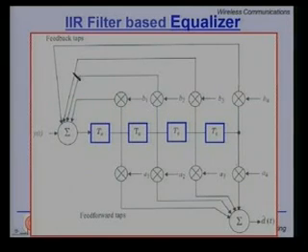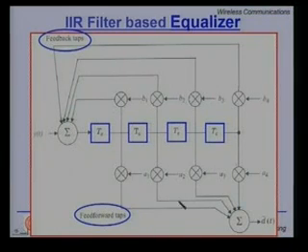Even though there is a feedback, please note there is absolutely no feedback from the D hat T. The D hat T is not being used to update the taps at all. Therefore, it is still a linear equalizer. So, there is a feedback path, but feedback for the taps alone. So, we have two loops, the feedback taps adding up here and the feedforward taps adding up here to give you the estimate D hat T.